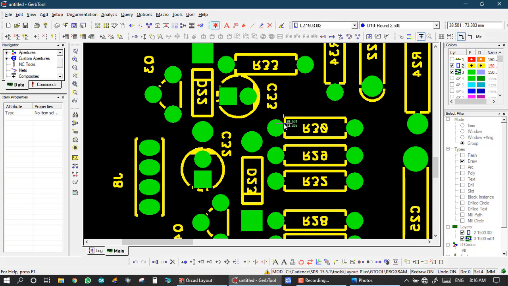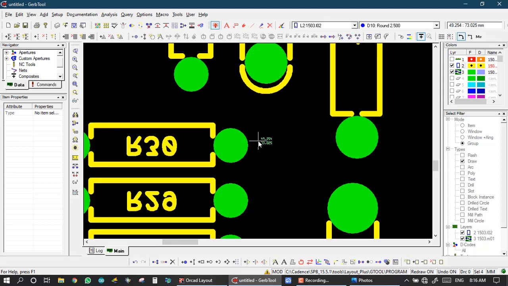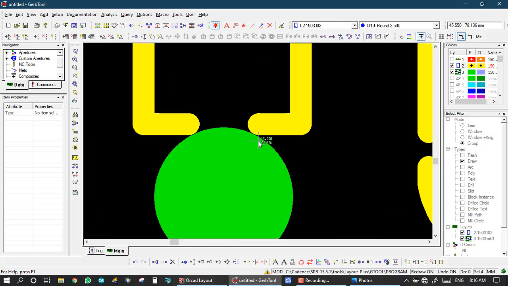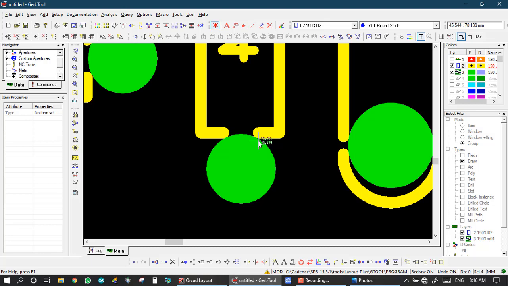If any legend area is overlapping the masking layer, then it is automatically cut. So the masking layer is not overlapping with the legend layer.